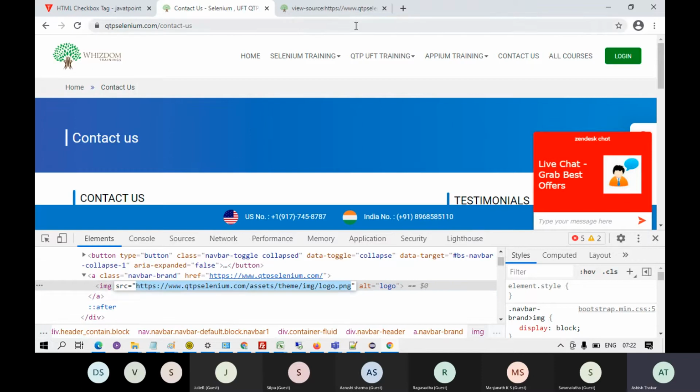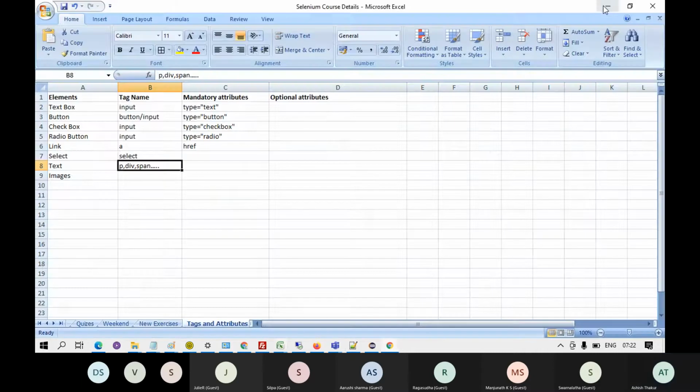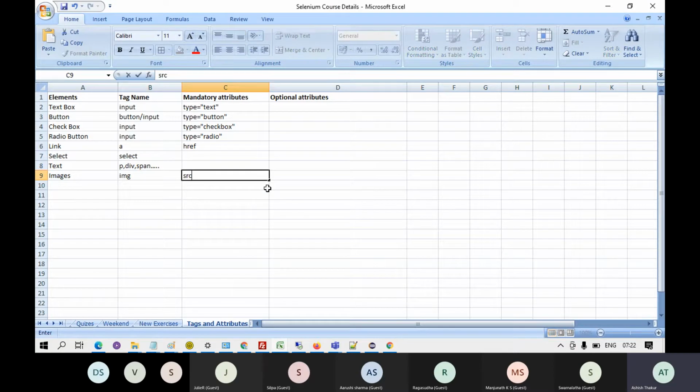See, if I copy this URL and paste it over here, the image is loading from this URL. So the image has the tag name img, and the mandatory attribute is source, which means the place from which the image will be loaded.